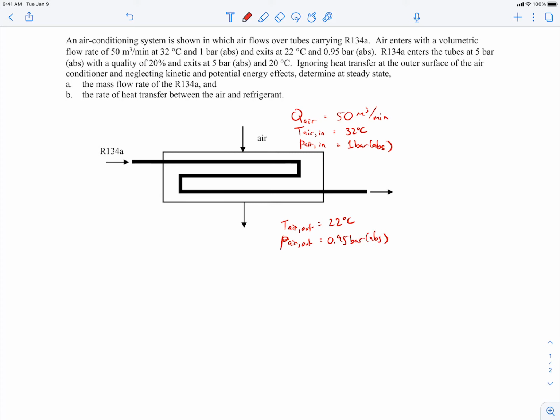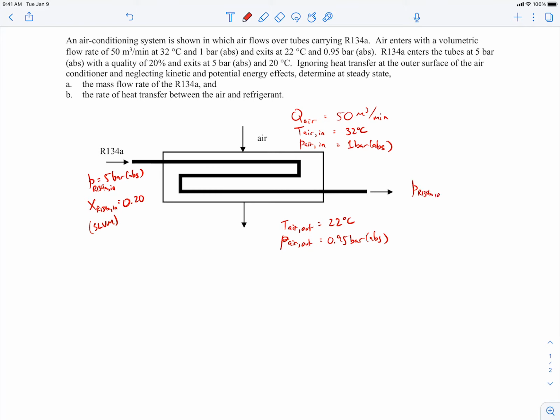The R134A, we're told, is coming in with a pressure of 5 bar. So that's R134A coming in. And we're also told the quality of the R134A coming in is 0.20. So we know it's in a saturated liquid-vapor mixture phase. And then it exits